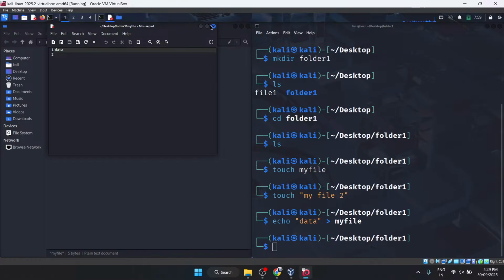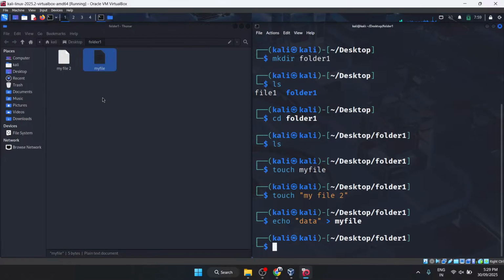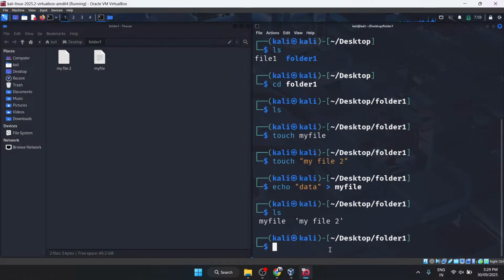Okay, so like this, I made files in my folder 1. Here I'm going to put ls again. Here you can see we have got two files, my file as well as my file 2. And you can see they are in inverted commas, which signifies this is a single file, not different